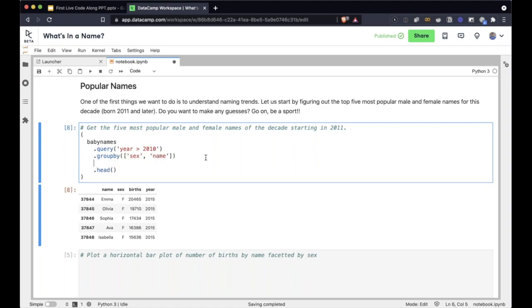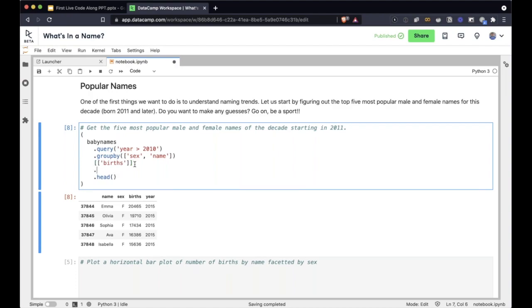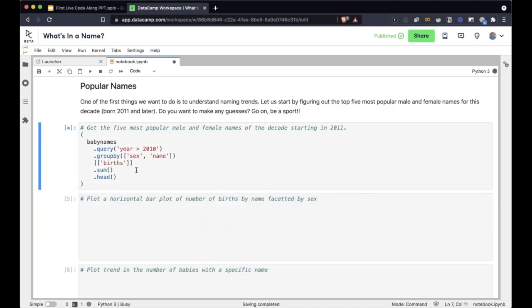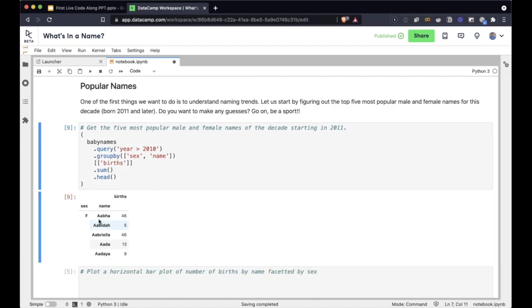The column that we want to really focus on is the births column. So I'm going to select the births column so that year is not in the picture. And then I'm going to use the method sum. What the sum method does is it sums up whatever columns you have that are not the group by columns. So let's run this again. And there you go. Now you have sex, you have name, and you have the births.